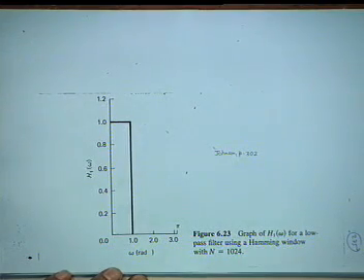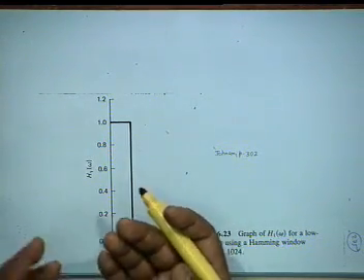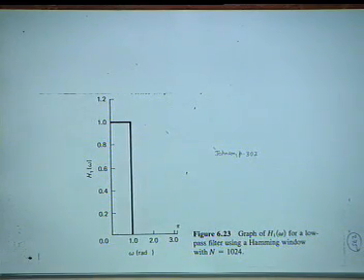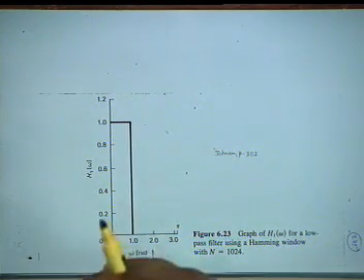And finally, we show a low pass filter with Hamming window, same length 1023, and you see this is almost ideal. So FIR design is not as bad as one thinks. If you start with sufficiently large capital N, if your estimate is let us say 800, then you start with 1000 and see how it goes. If it over satisfies, then you come down. If it under satisfies, then you go up.